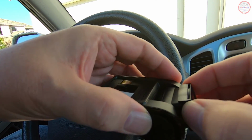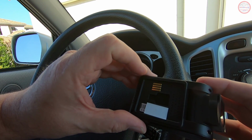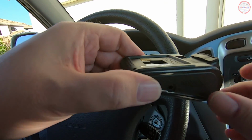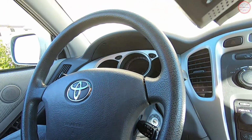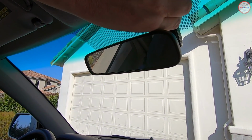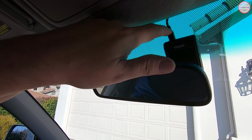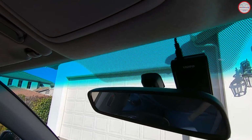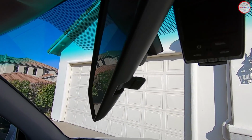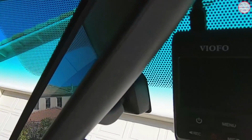And it snaps on. And we'll connect it to the GPS mount that's already on the windshield here. I moved the center rearview mirror out of the way to make it a little more visible for you. Let's flip this around so that you can see. I'm going to install it on the mount and it just snaps in like that. I have the hardwire power adapter connected into the GPS mount here, and then this connects into the camera itself. So now I'll turn on the vehicle to supply power. I've turned on the vehicle